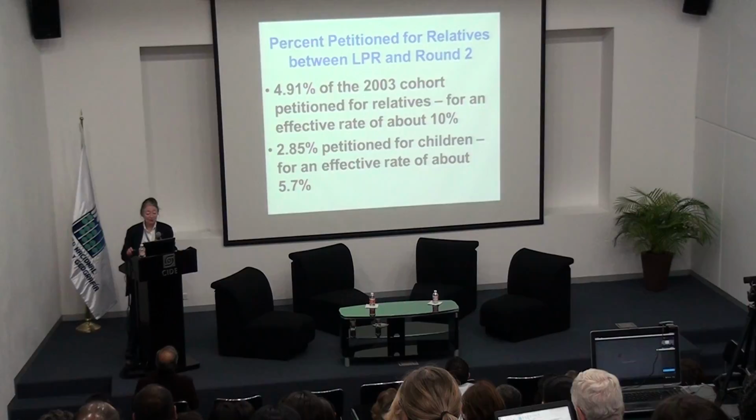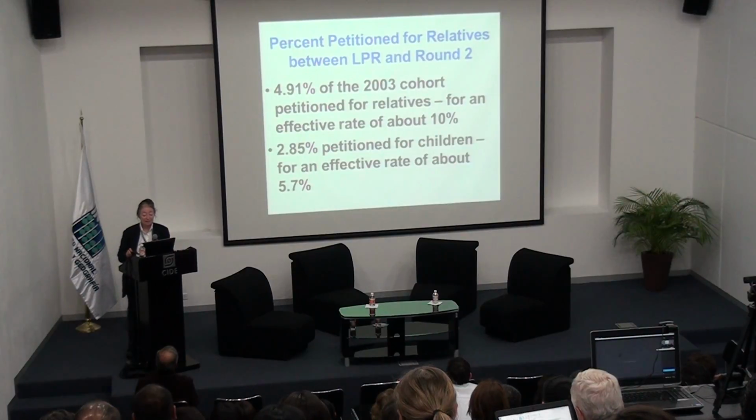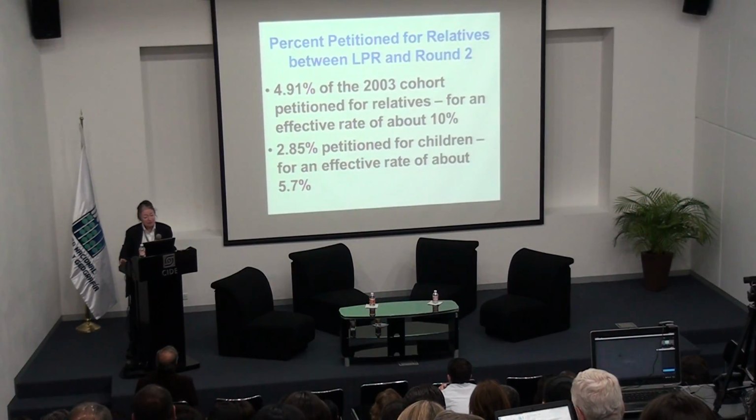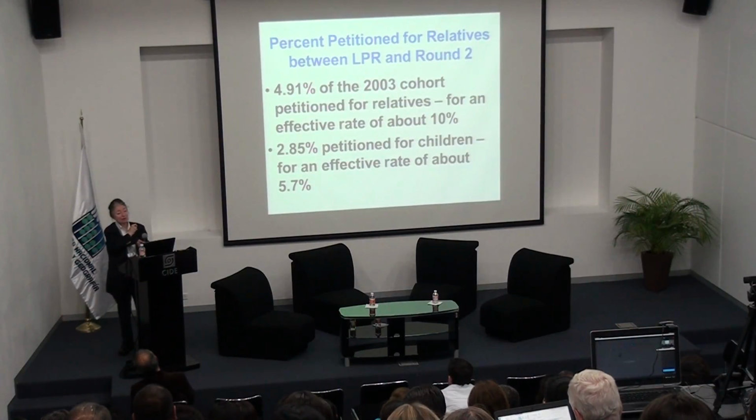It turns out that only 10% have petitioned for relatives already, and 6% have petitioned for children. So this is already telling us something about behavior: either those children that they are petitioning for were too old to be eligible at round one,